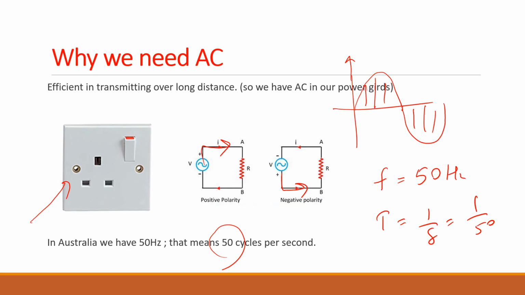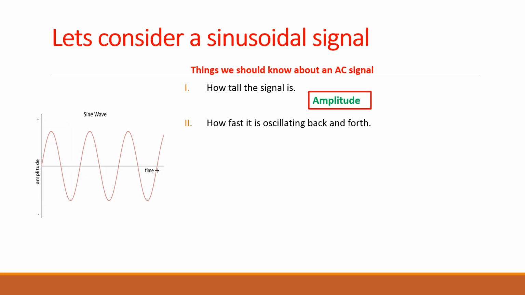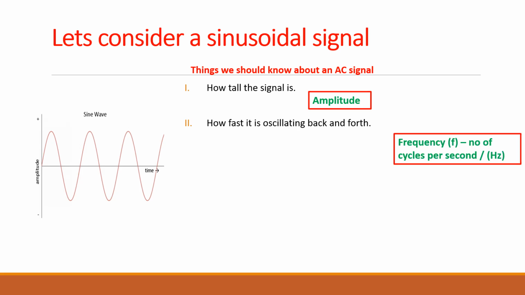When we consider a sinusoidal signal, we need to know how tall the signal is. That will give you the amplitude. You have done this in physics as well. And we also need to know how fast it is going back and forth, which we call the frequency or the period, that is, how many cycles per second. And also we need to know